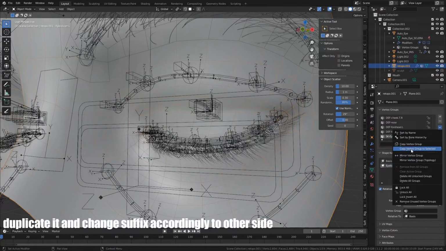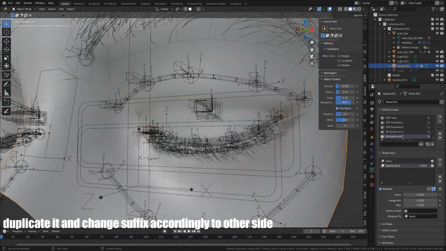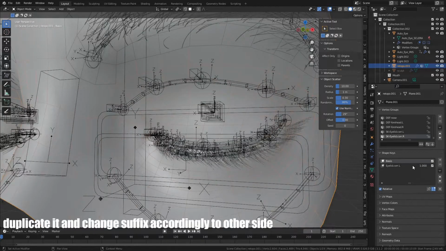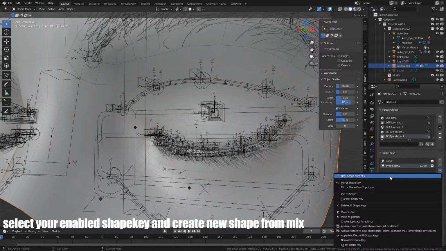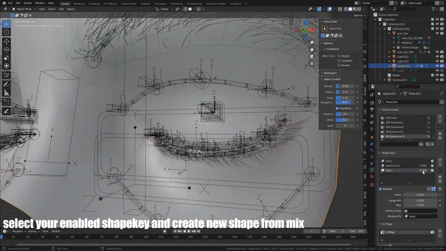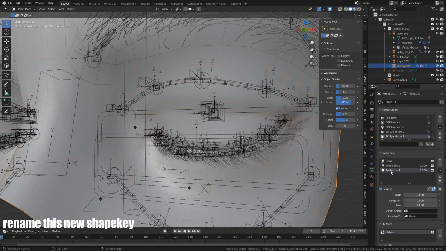Duplicate it and change suffix accordingly to the other side. Select your enabled shape key and create new shape from mix. Rename this new shape key.